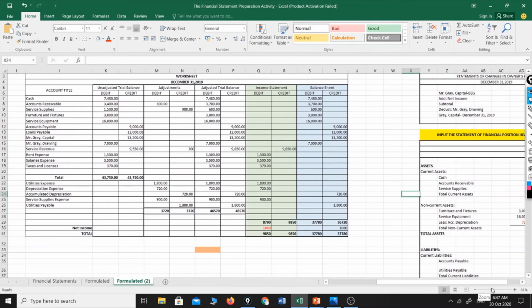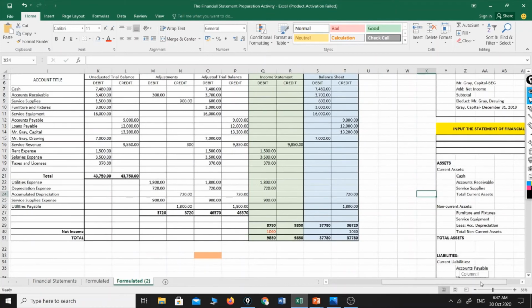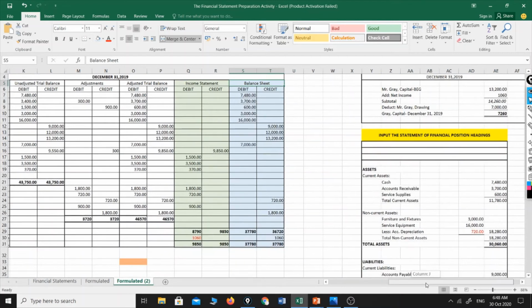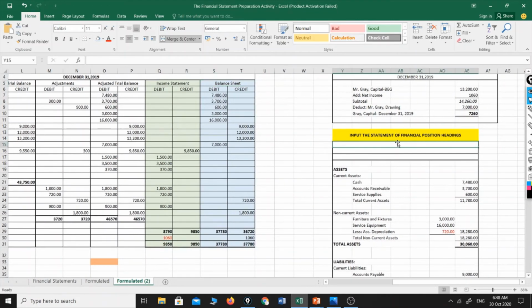So we'll just prepare our financial position using the information from our worksheet. Of course, the first thing that we should do, after gathering all the information which can be found on our worksheet, is to create the heading Gray Electronics. This is the company name